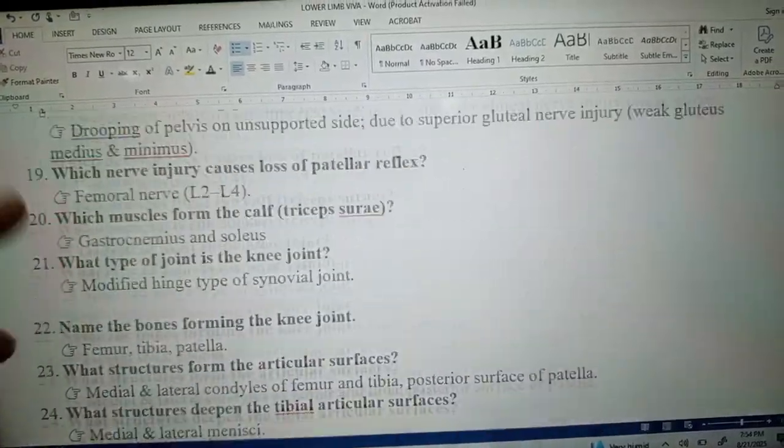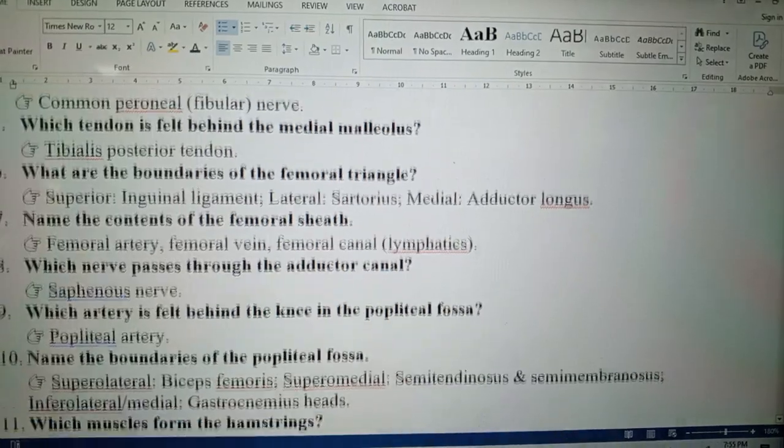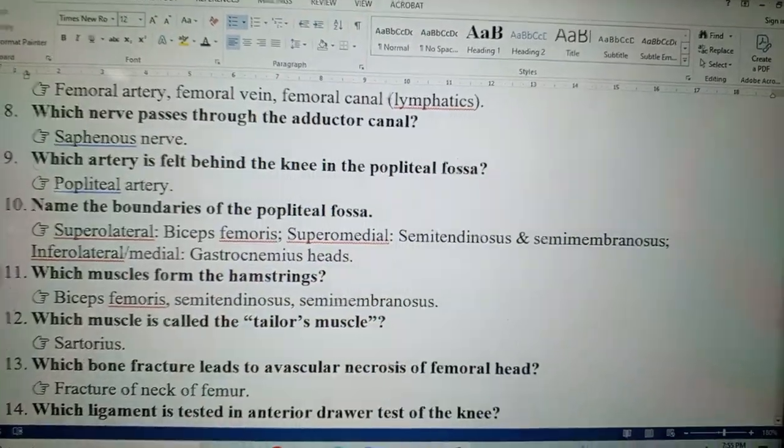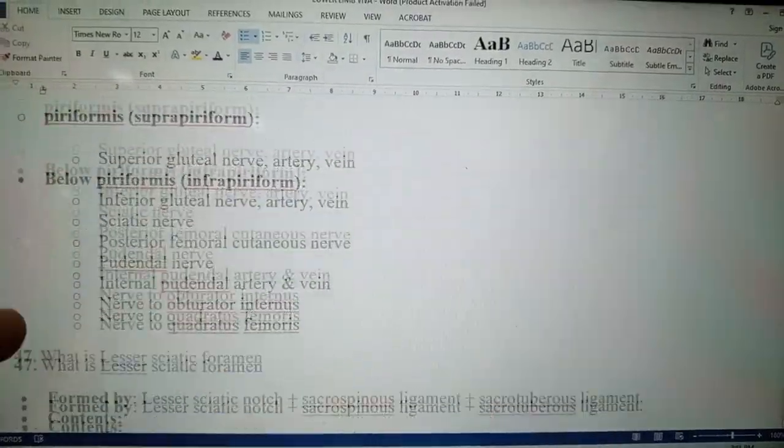Hamstrings, I have already told you the three muscles: semimembranosus, semitendinosus, and which other one was included in the hamstrings? I have also forgotten. Biceps femoris. Okay, now let's come to the